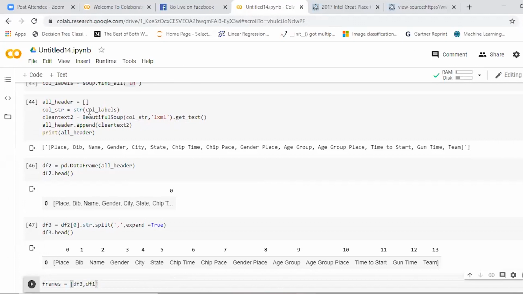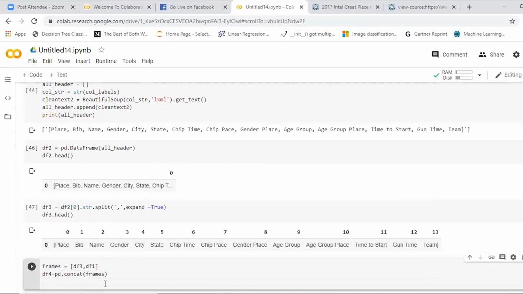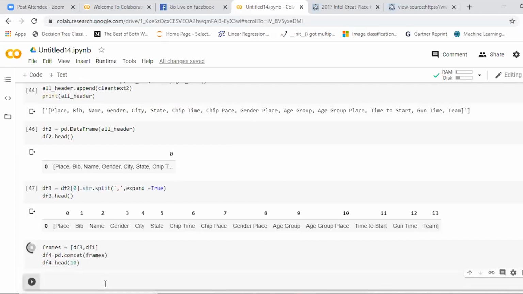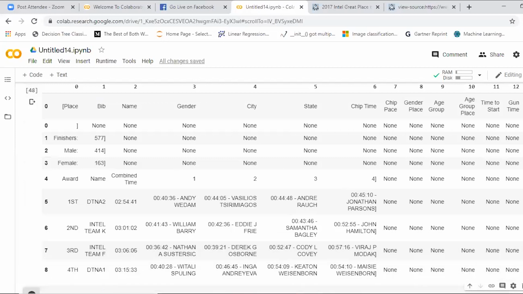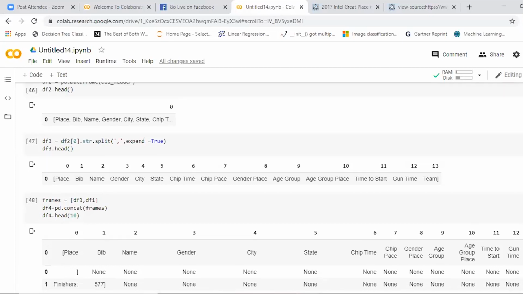df3 is your column names. df1 is your data. We'll concatenate this with the help of a method in pandas, because pandas is the main data analytic tool in Python used for analyzing any kind of data, whether text data, Excel sheet data, CSV file data, or a database file. It is easy to convert one format to another. See, we are concatenating both the data frames. Now you can see both the data frames are concatenated, and now you rename this. Now you change this into column names.